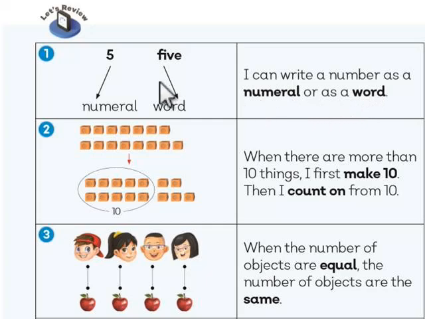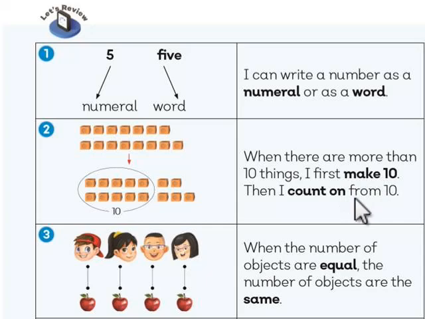So we have 5. This is a numeral, or we call it an Indo-Arabic number. Then we have 5 as a word. F-I-V-E is a word. Number 2, when there are more than 10 things, I first make 10, then I count